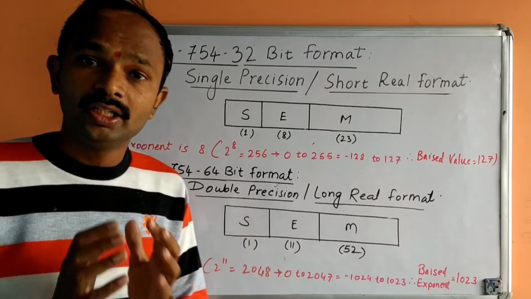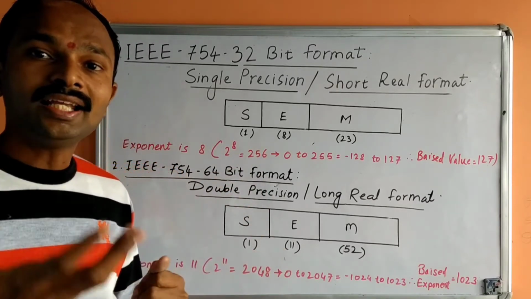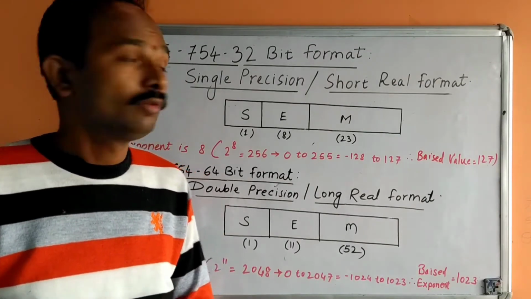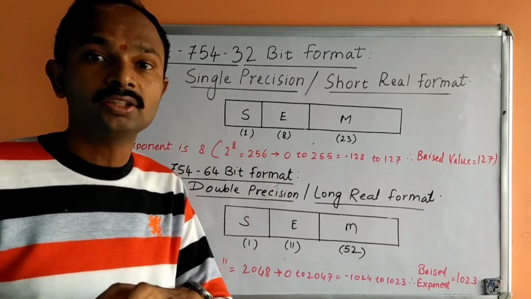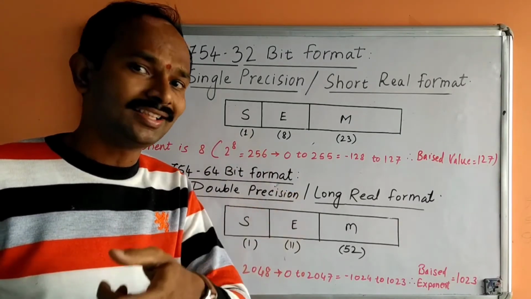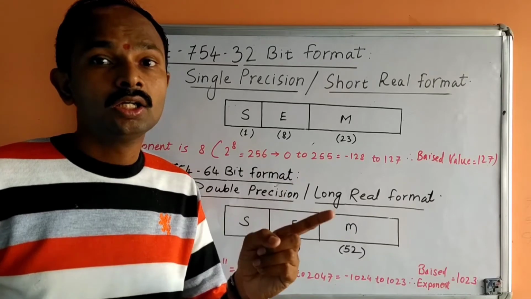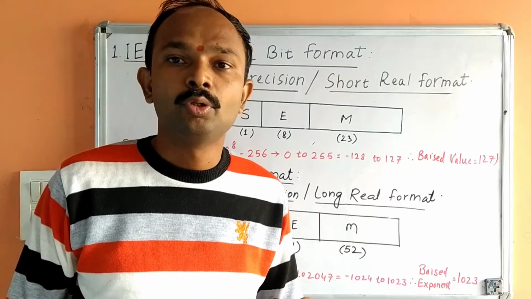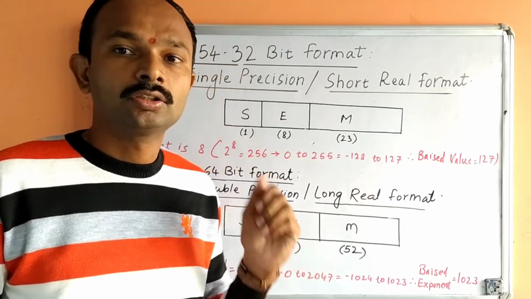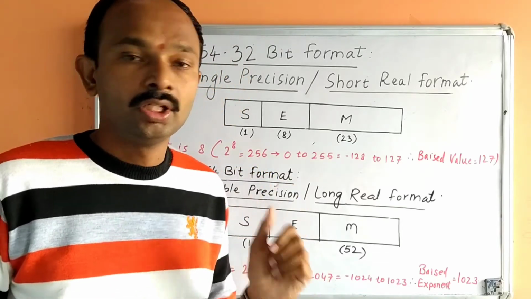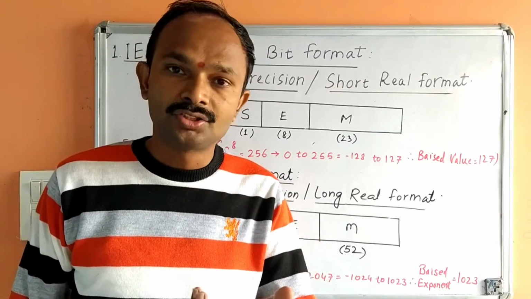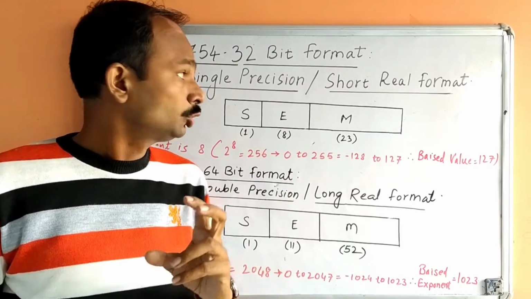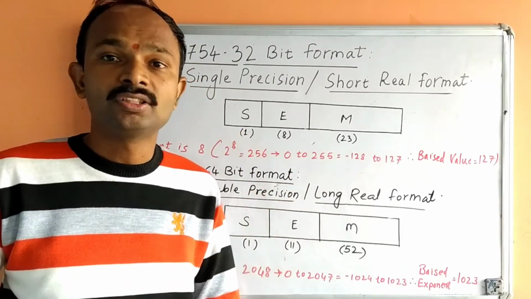Now we know that in the computer system the data is represented in registers. So what has the computer done for representing floating point numbers, maybe binary floating point numbers or decimal floating point numbers, as we have seen in the previous video? Both of these numbers are represented in 32-bit or 64-bit registers. If it is a small value, 32-bit registers will be used, or if it is more than that, 64-bit registers will be used. So let us first understand how those numbers are represented.